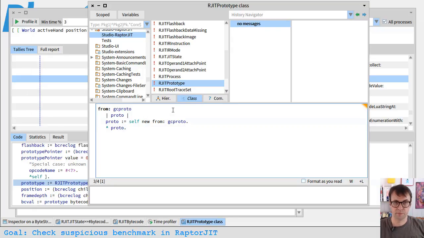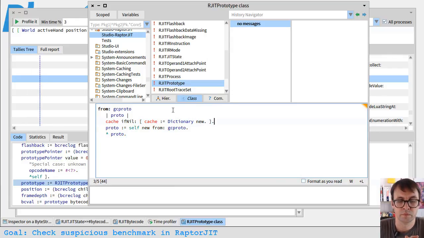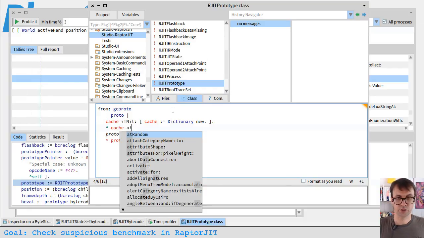But we're going to have a dictionary somewhere. We're going to have a cache dictionary, and instead of just returning that object, we're going to return cache at,